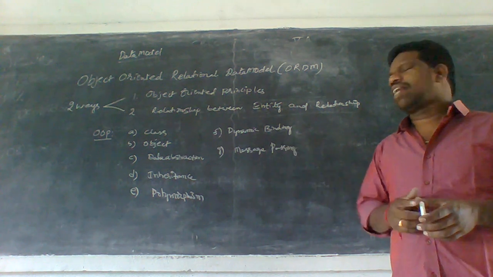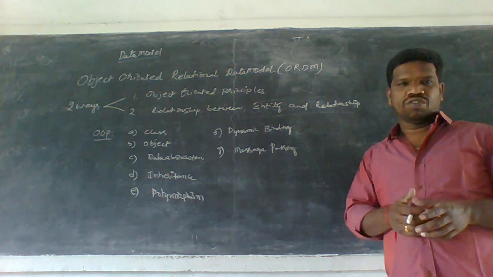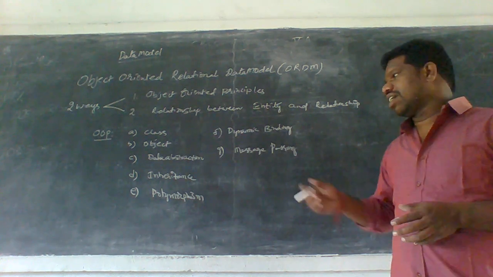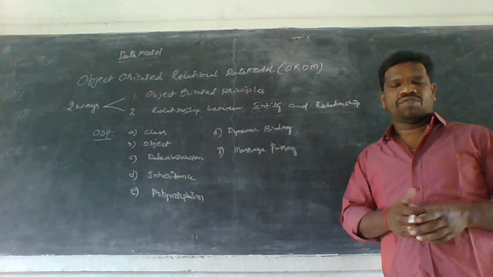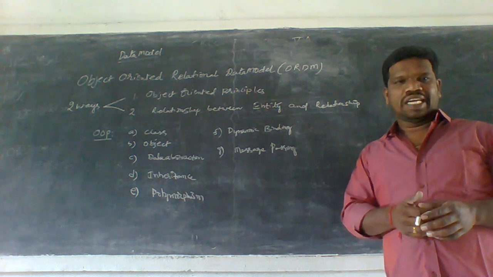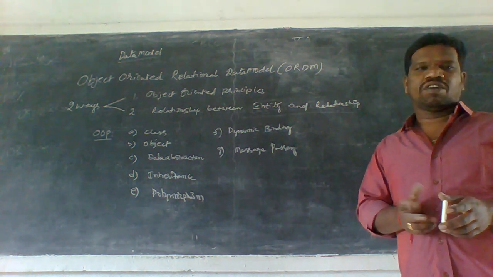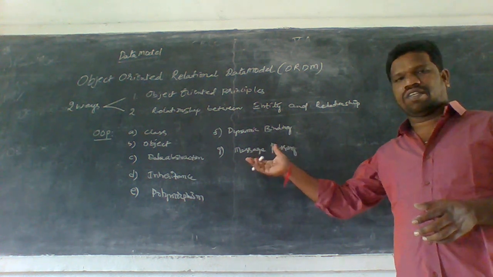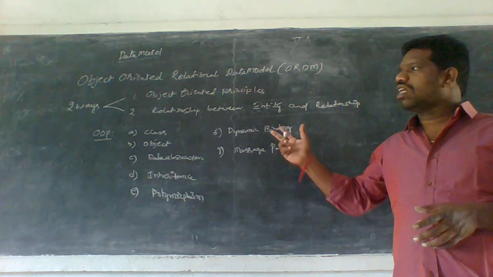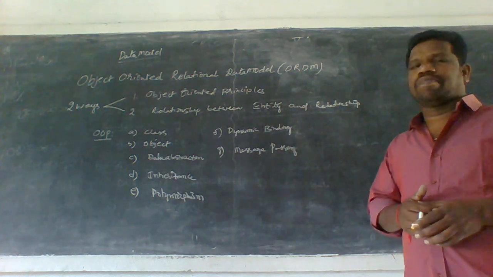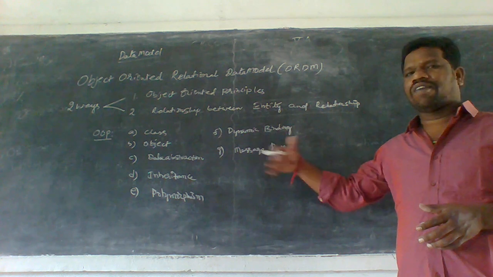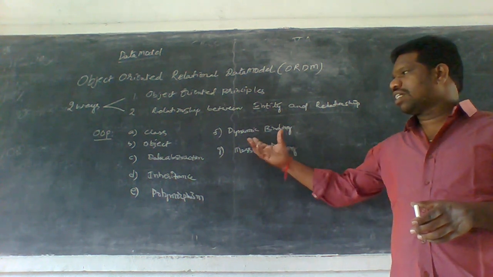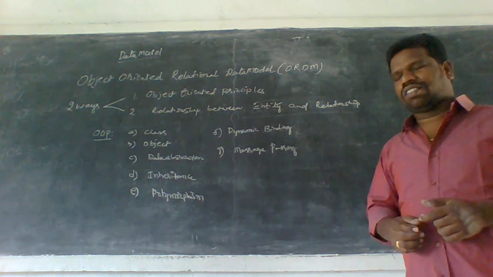Next, dynamic binding. Dynamic binding means don't create the object for the base class, create the object for the derived class. Next, message passing. Message passing means we can pass the arguments to the needed data, we can send the parameters. So these belong to the object oriented principles. These were already discussed in the Java class, you are already aware of that. So this is the brief description of these data models.